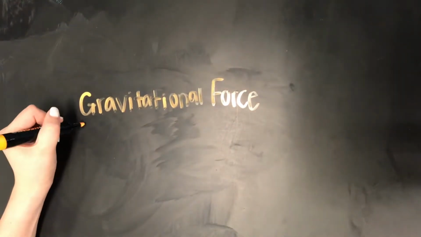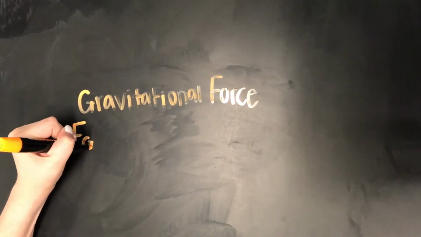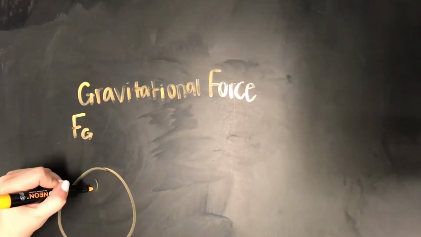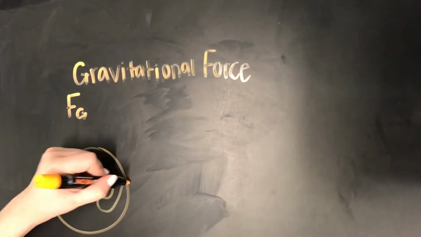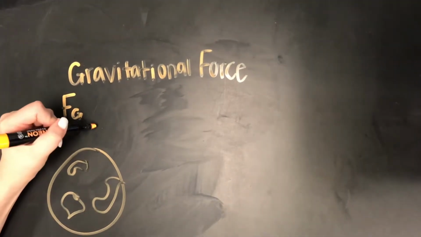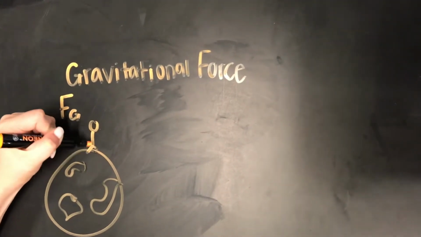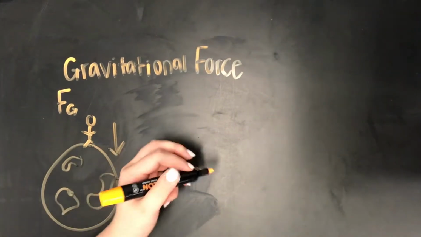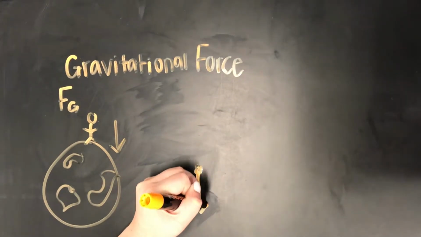The symbol used for this is Fg. So, for example, the Earth's gravitational force is on a person, which means it's pulling them down. So the FBD diagram would be